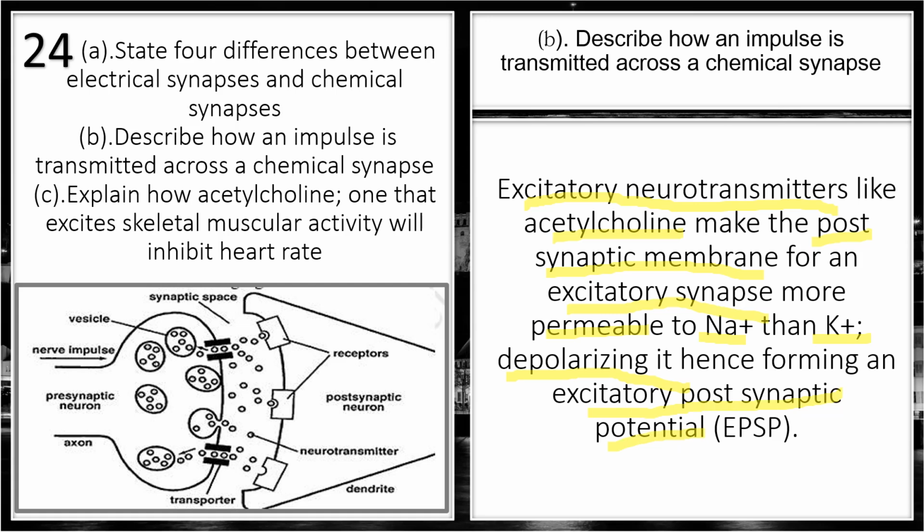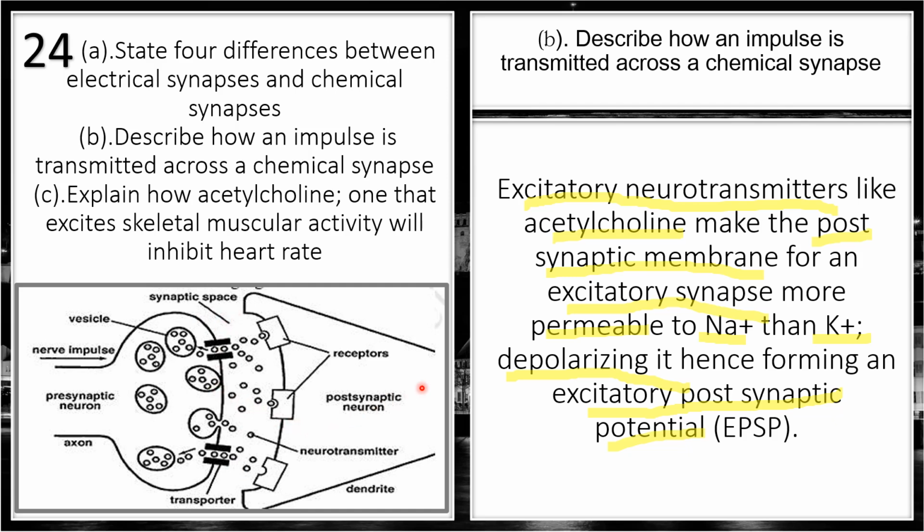So let us try to look here and we see what we are talking about. So this side, this is the whole of our synapse. This is a synapse. And we want to see how the impulse is going to be transmitted across a chemical synapse. Now, this side is the presynaptic neuron. And we have a gap here, which we call the synaptic cleft, what we are calling the synaptic space.